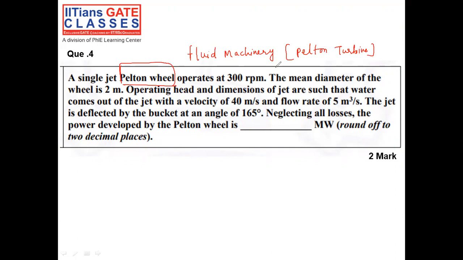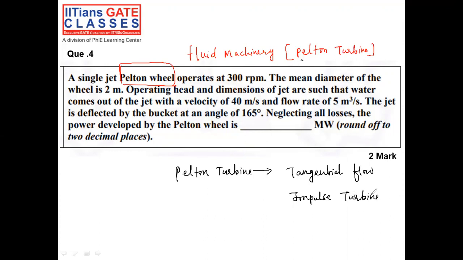And if you recall correctly, we also call it what? We also call the Pelton turbine a tangential flow impulse turbine. Of course, why we are calling the Francis turbine a reaction turbine, why we are calling the Kaplan turbine an axial flow turbine, and why we are calling the Pelton turbine a tangential flow impulse turbine, there is a specific reason for all those things. Why are we calling it tangential flow?